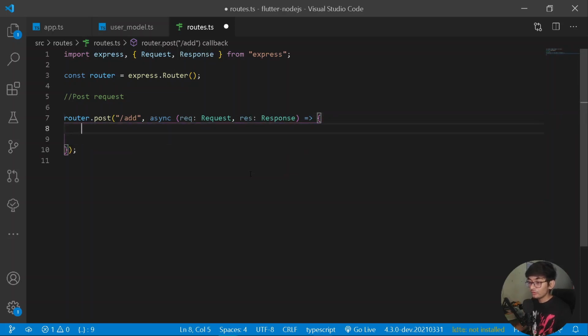Why not? So under our arrow function, we should be writing the entire code which is necessary for defining our custom route. For that purpose, I will be writing here a constant title. After title, let's have a new constant which will be a description, and the following description shall be simply equal to our request.body.